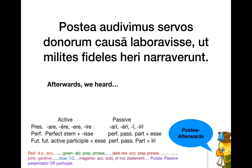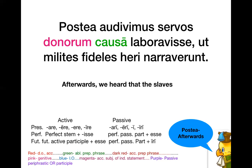Case of donorum, Anna? Good. Case of causa, Ben? Ablative. This is a very specific thing. What do we do with causa when it's with the ablative next to a genitive? If you forget this, it's really hard to deal with. Anyone? We should have Chicken Boy giving us this note, but it's going to be for the sake of the genitive. Usually causa is cause or case, but in the ablative, treat it like sake. It's going to be for the sake of a genitive that's to its left or right, basically. So we heard that the slaves, for the sake of donorum,